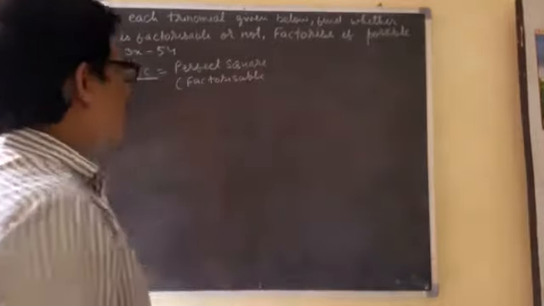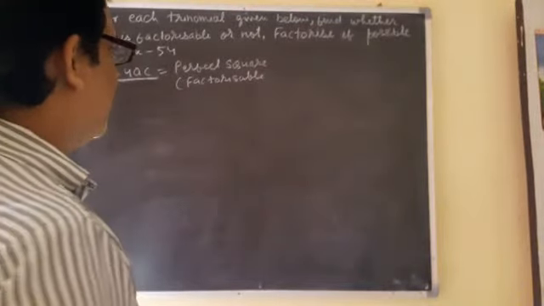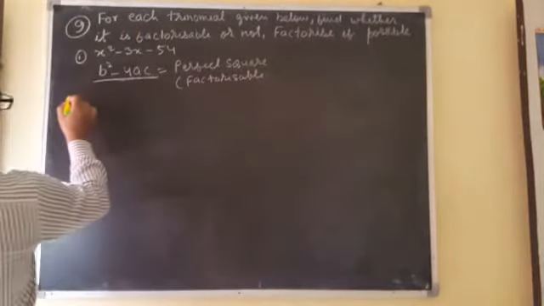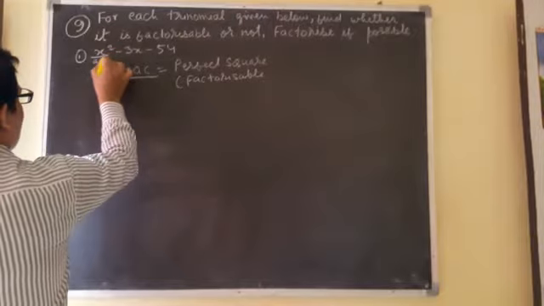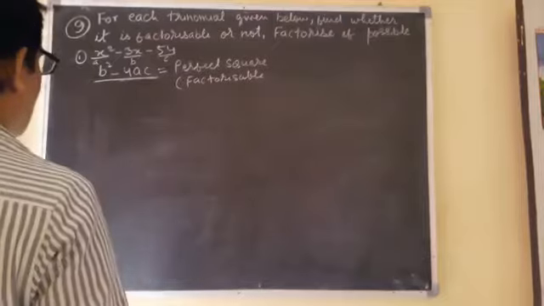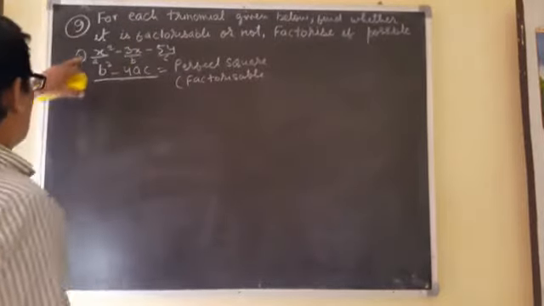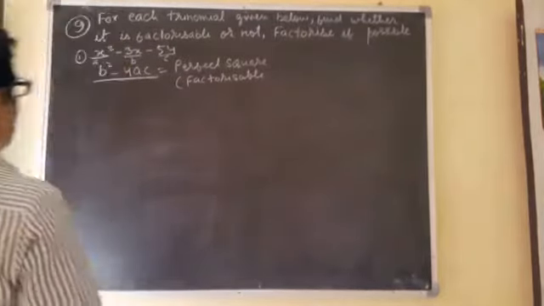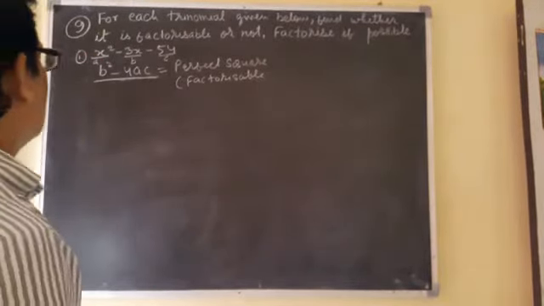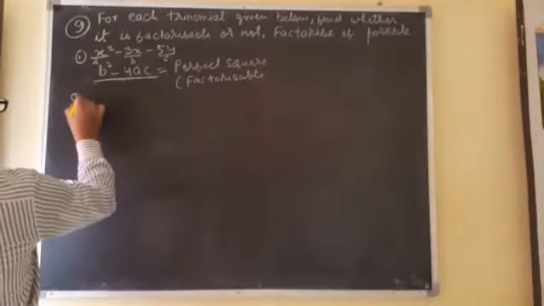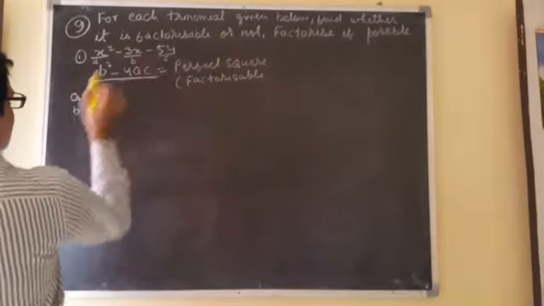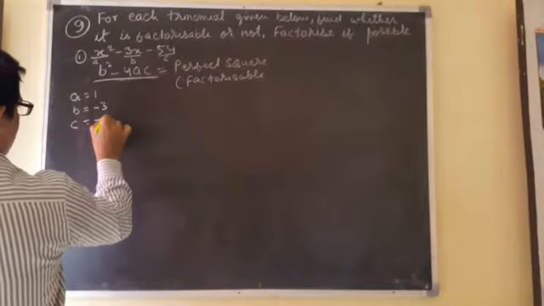And when its value is not equal to a perfect square, then it is not factorizable. So let us find out what is b here. This is called a, this is called b, and this is called c. Remember it, when we are writing a, b and c, they are the numerical values. There is no numerical value, no number written, so 1 is hidden there. So the value of a will be 1. What is the value of b? Minus 3. Don't write x. c is minus 54.